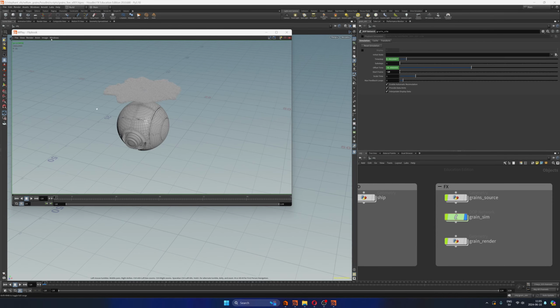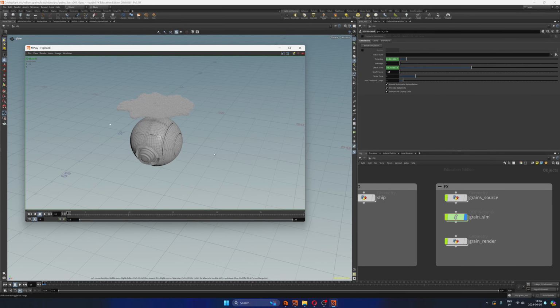Okay, so the flipbook is done. It seems quite fast for obvious reasons. So if we take a look at this, yeah, it doesn't look great, but it works. All the elements of this particular simulation are working. So in the first frames the grains are settling down. They fall, they settle there. That's our pre-roll, from -10 to 15. And then we get the rest of the simulation colliding with